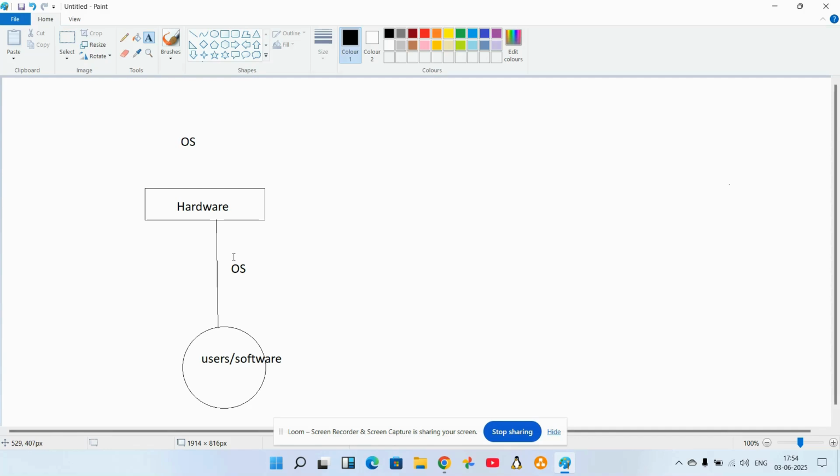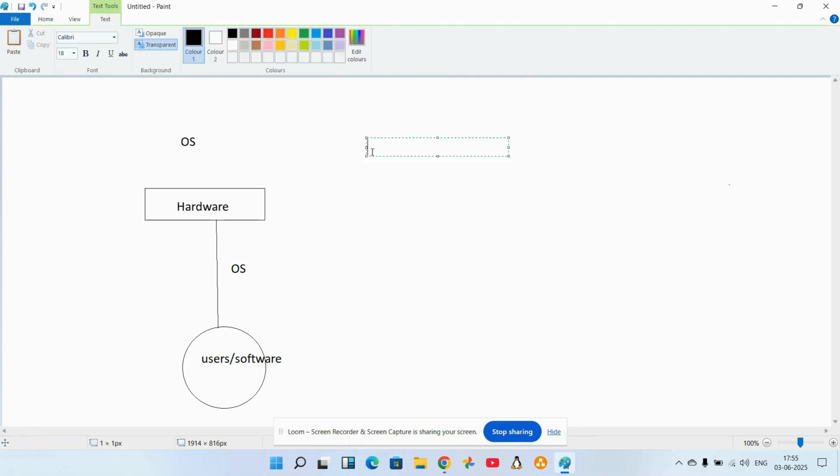As a user, we can create a file or folder and we can store it in the memory, right? The memory comes under hardware. With the help of the operating system we can do this, and the operating system also provides memory management, network management, device management and process management. So we can make an interaction between the software and the hardware, or the users and the hardware, with the help of the operating system. So how can we interact? There are two ways of interacting